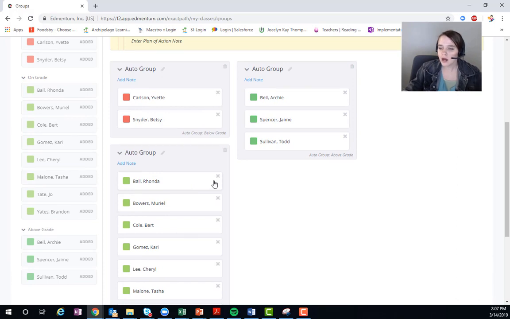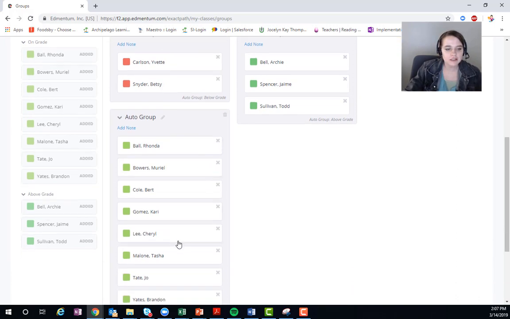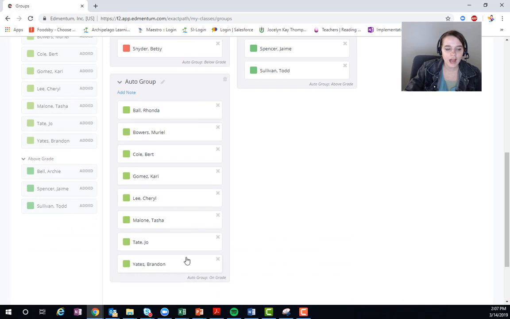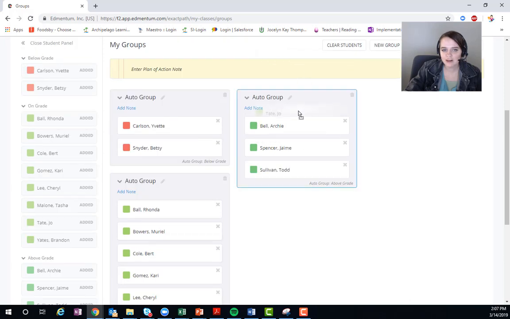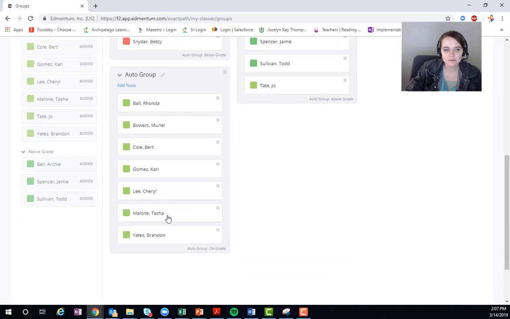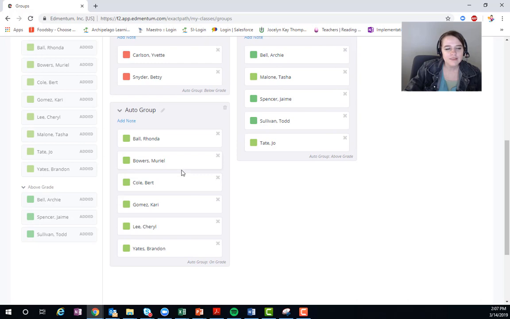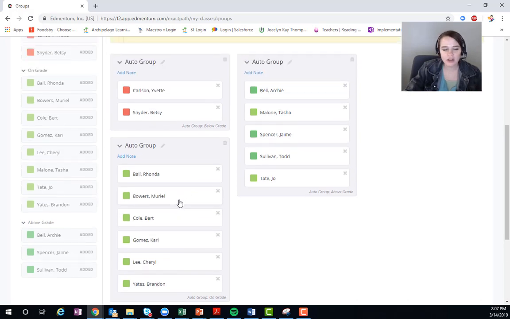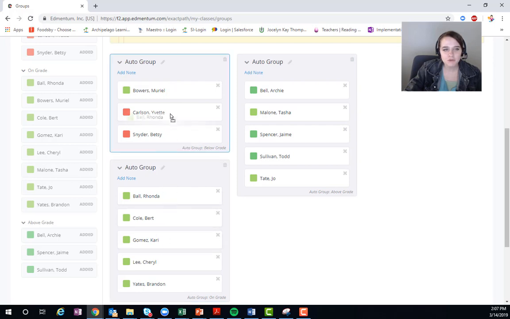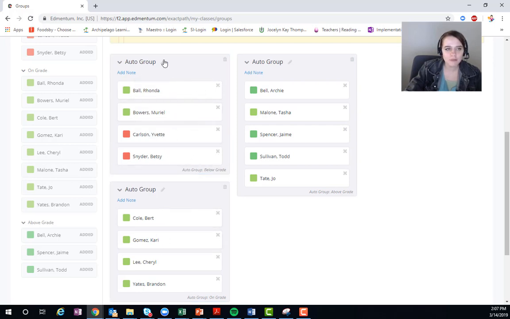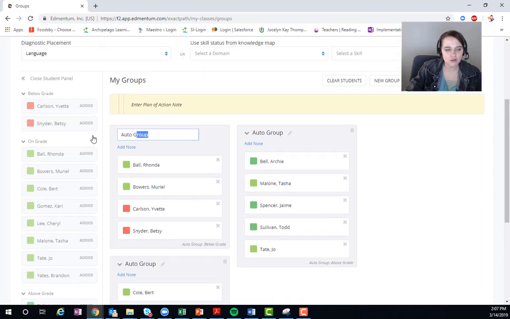This is also completely open for you. This is not necessarily something that you have to take. Let's say we know that Joe is really above grade level. She was maybe just slacking on her diagnostic. I can move Joe over. And Tasha. Let's say I know that what we're working on today, Muriel isn't necessarily the best at. I can move Muriel and Rhonda back over into this group. So I can then name these groups and